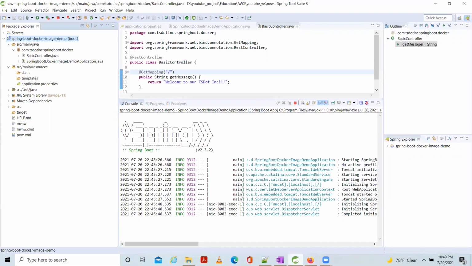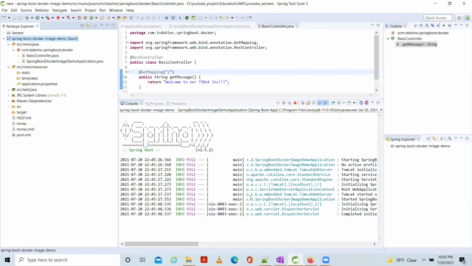Spring Boot provides inbuilt Cloud Native Buildpacks. So we don't have to create any Dockerfile that defines the packages and dependencies we need to create the Docker image and run it as a container.